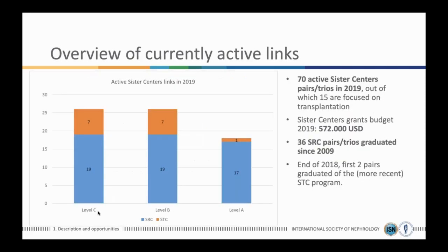This slide gives an idea of what's happening currently in the program. You'll see the level C, B and A pairings represented here, with the split between the transplant centres and Sister Renal Centers evident there. So the blue ones are the Sister Renal Centers and the orange ones are Sister Transplant Centers. You'll see from the text on the side that there's 70 active Sister Centers at the moment,